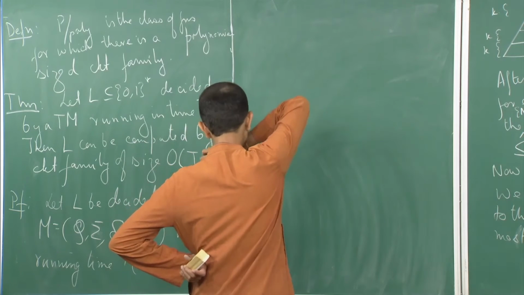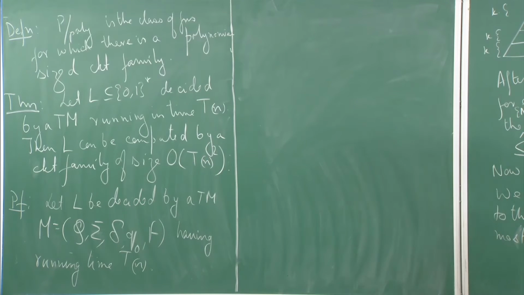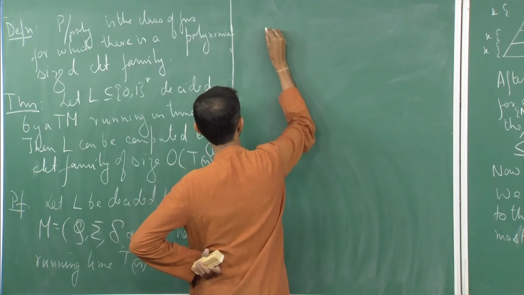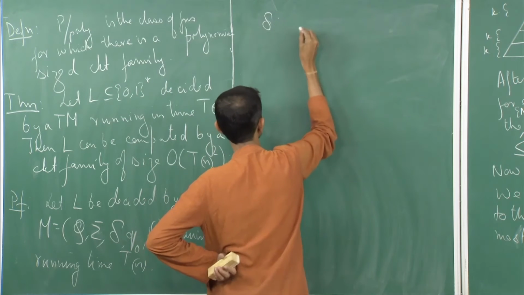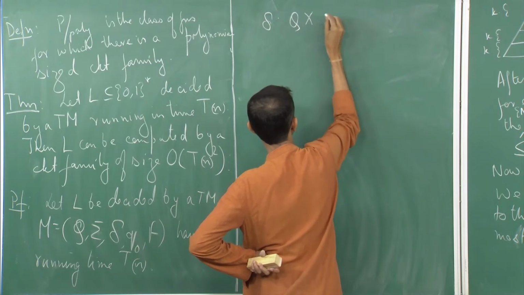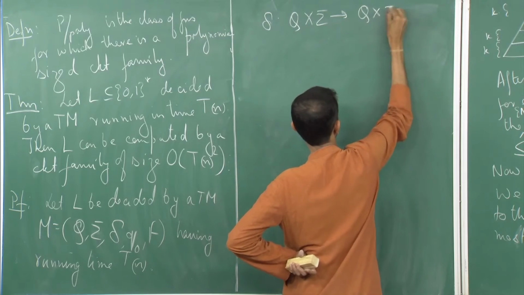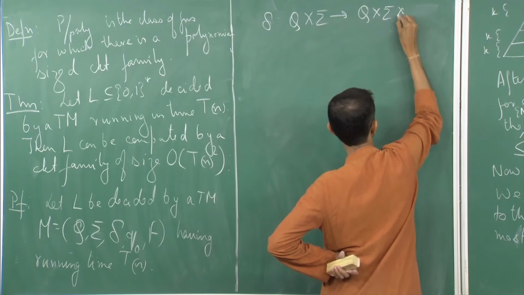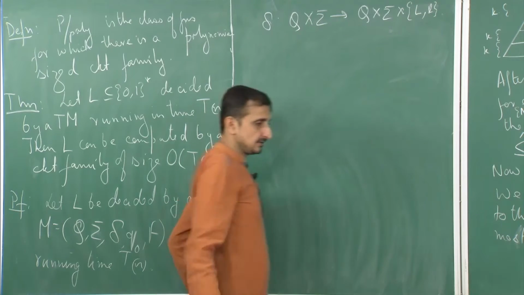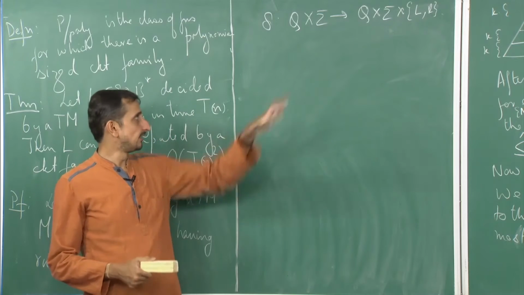So now, what does the transition function of the Turing machine look like? The transition function of a deterministic Turing machine can be thought of as a function from Q cross Sigma to Q cross Sigma cross {L, R}. Essentially, at every time instant when I apply delta, the